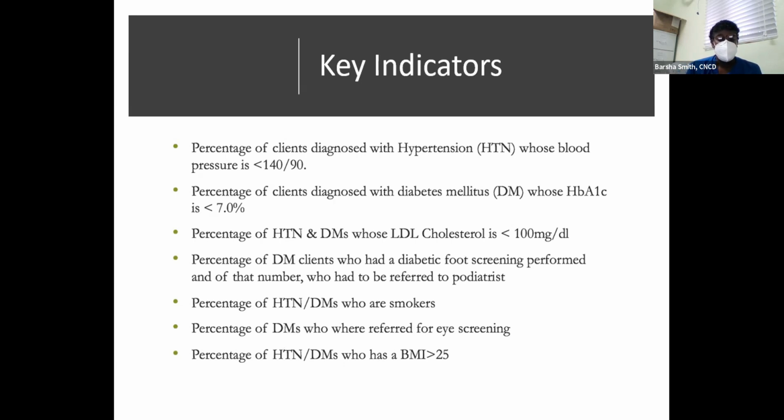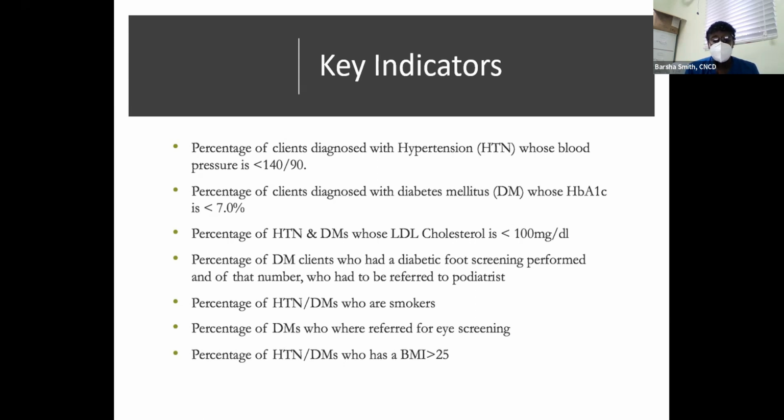We monitor the percentage of hypertensive and diabetic patients who are smokers. Why is that so? We find that persons who smoke tobacco have increased blood pressure. So when we do our interviews, we have to find out from our patients how many of those are currently smokers or those who do not smoke, because that will determine how controlled their blood pressure would be.